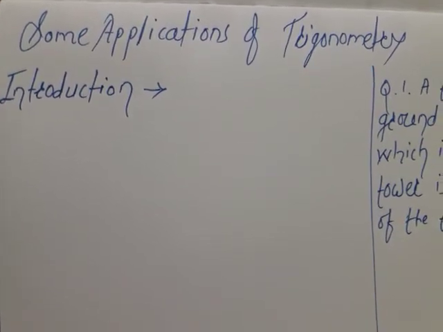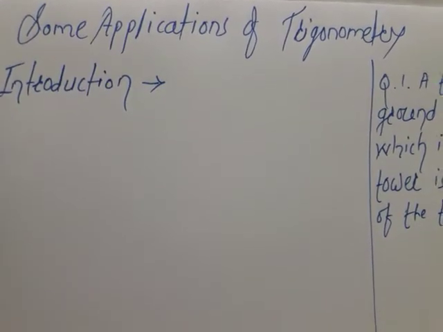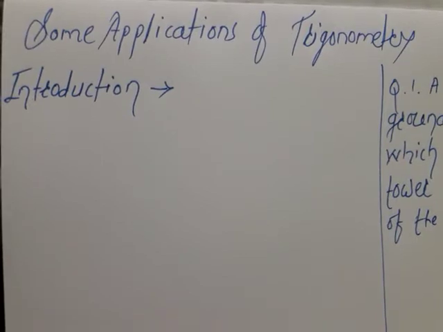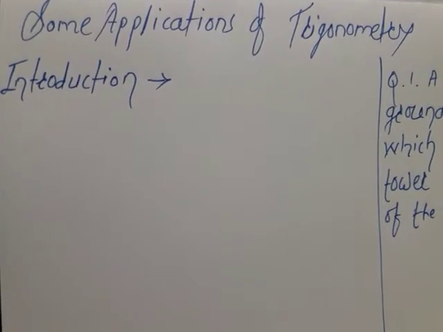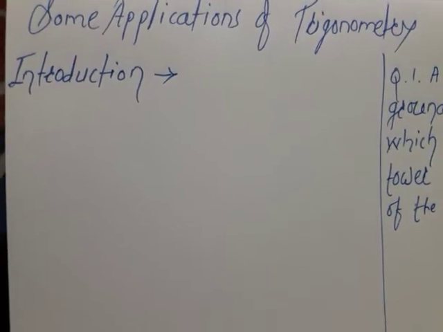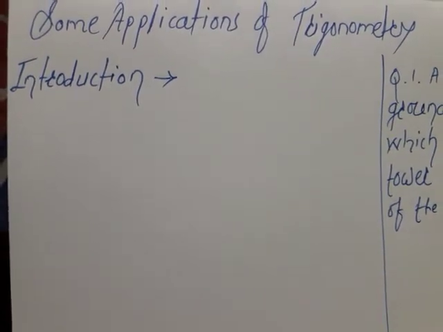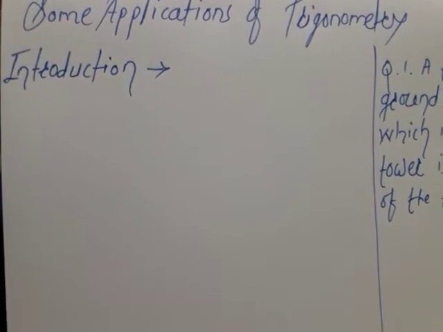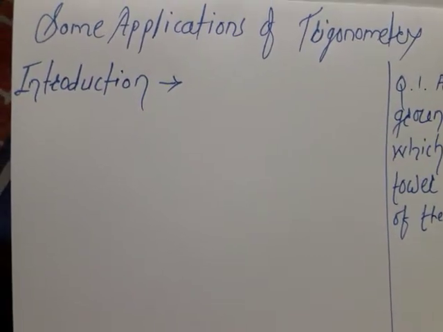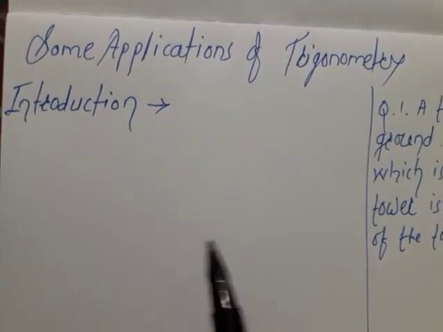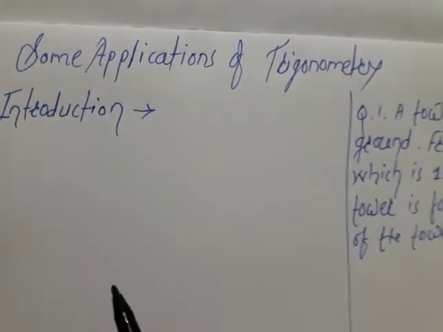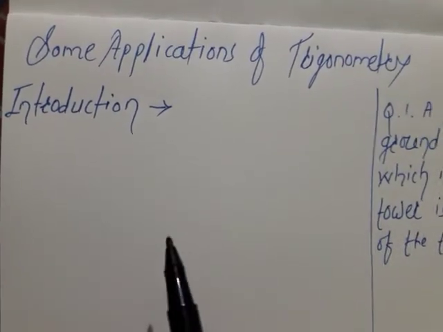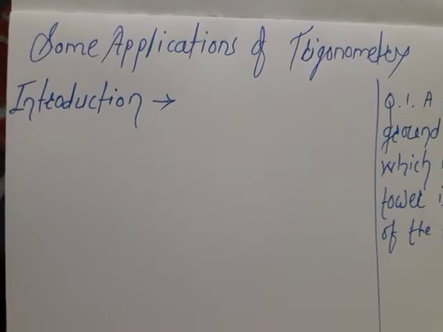First of all we discussed the definitions of sine, cos, tan, sec, cosec. Am I right? Then after that we discussed some important formulas, then the table, and finally the identities. We will revise these a little and then go to the some applications of trigonometry lesson, using the different concepts related to it.